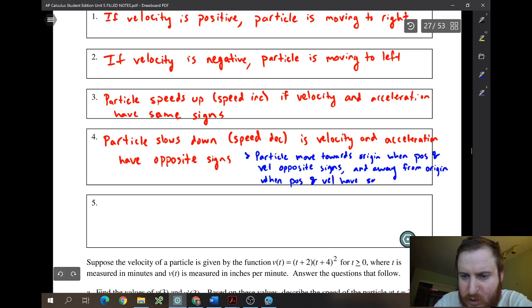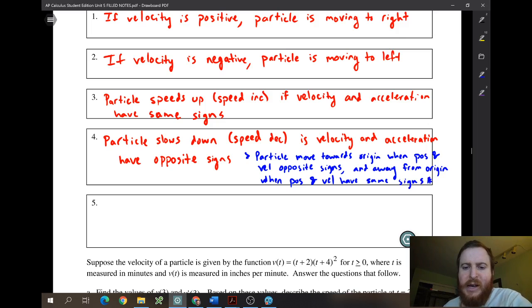This has been asked a little bit more on recent exams, this concept of moving towards or away from the origin. So it's something that they've started to ask. They didn't ask it traditionally in the past as much, but it's started to be asked a little bit more. A lot of times I used to recommend students to just figure it out on the fly, but now because it's being asked more, it might be something that we want to add to a flashcard and memorize. I would add all 5 of these to a flashcard and memorize them, maybe even add some more